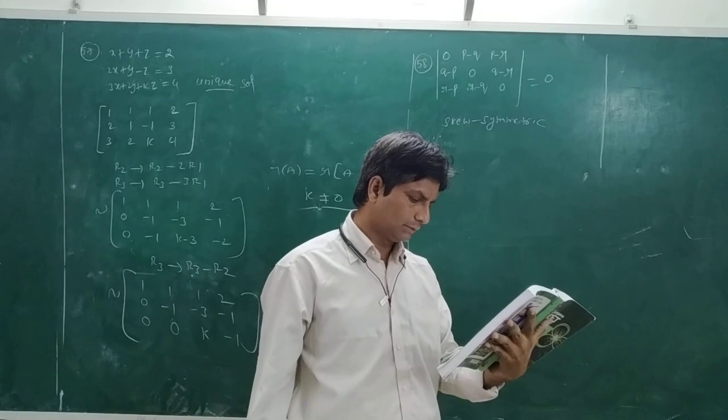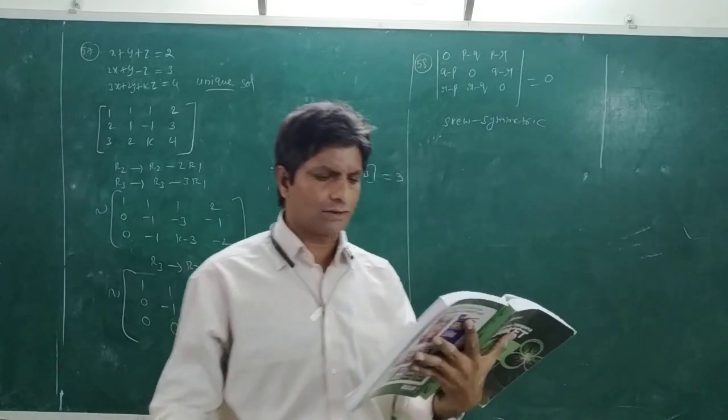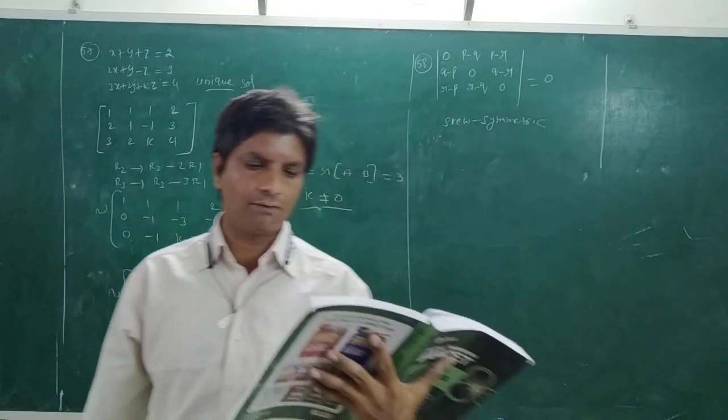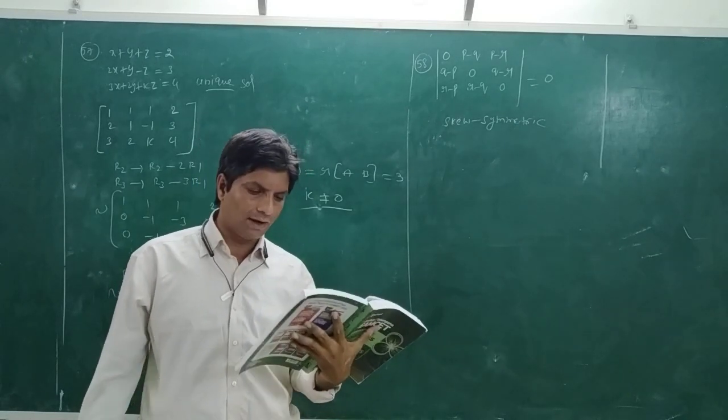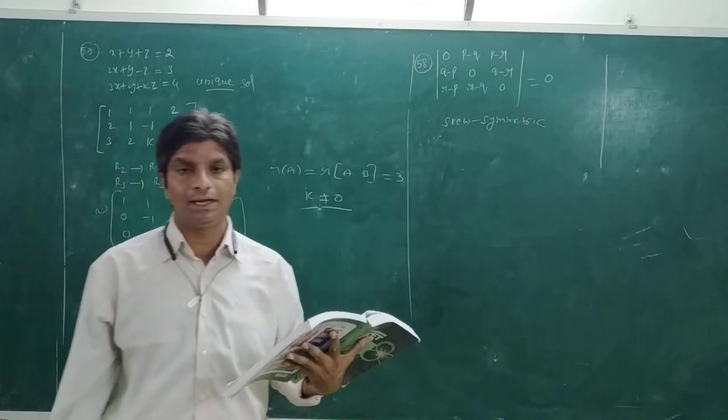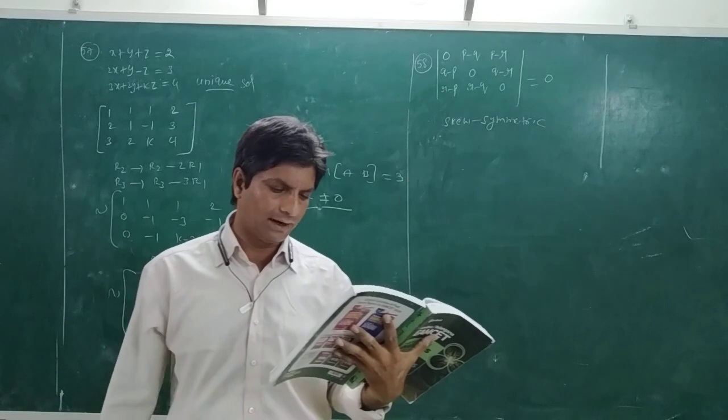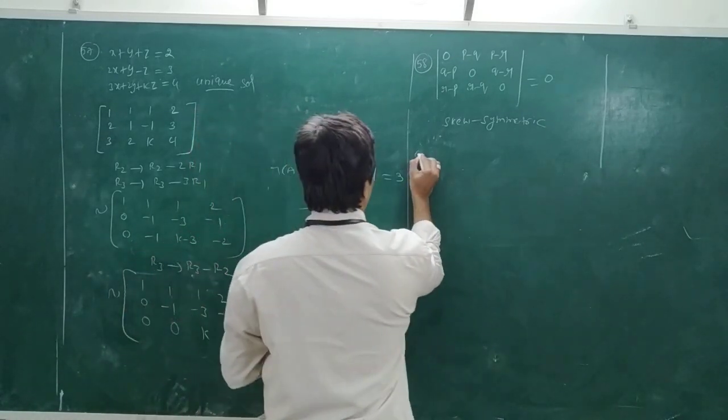Problem 61. If the determinant, you can do it. Note the hint on 61: A equal to B equal to C equal to 1. Problem 62 you can find on your own. Problem 63 we will do.